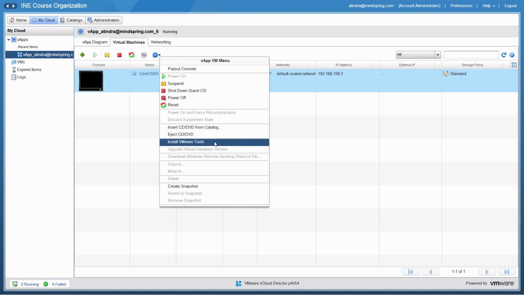Install VMware Tools was not available there, and I can create snapshots, and this is obviously all standard vSphere terminology, where you can create a snapshot of this, and then you can revert back to a specific place there. So as an example, if you are upgrading an existing virtual machine, you take a snapshot of the virtual machine